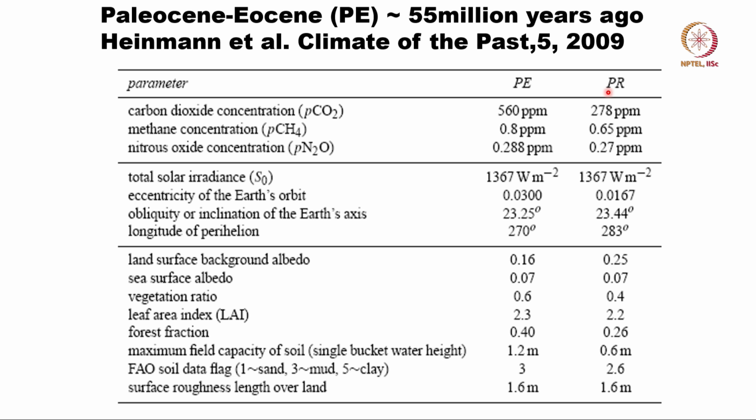So they ran the model with the present climate, 278 ppm, and a future climate of 560 ppm. All the other quantities were roughly the same. And various quantities are given here, you don't have to worry about it. So they wanted to know, if you suddenly increase CO2 from 270 to 560, what kind of climate will you get? It will be similar to what happened in the past.